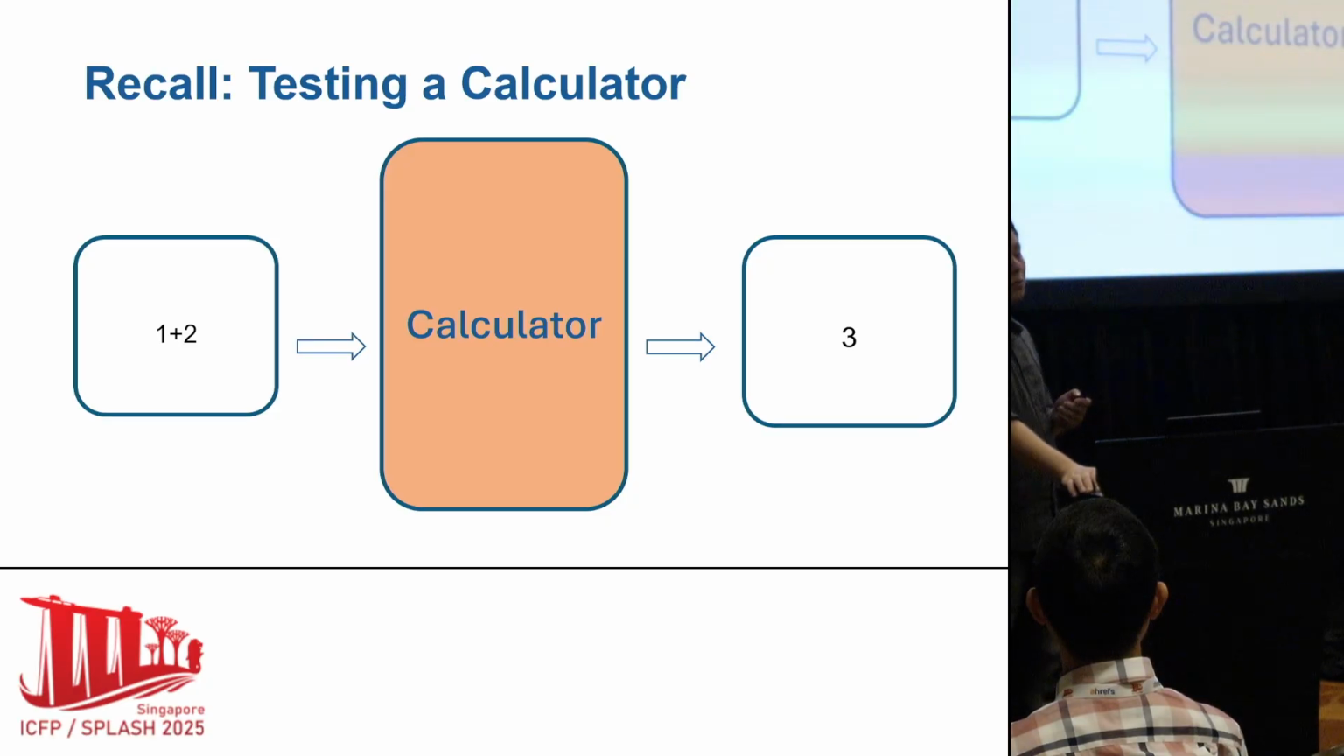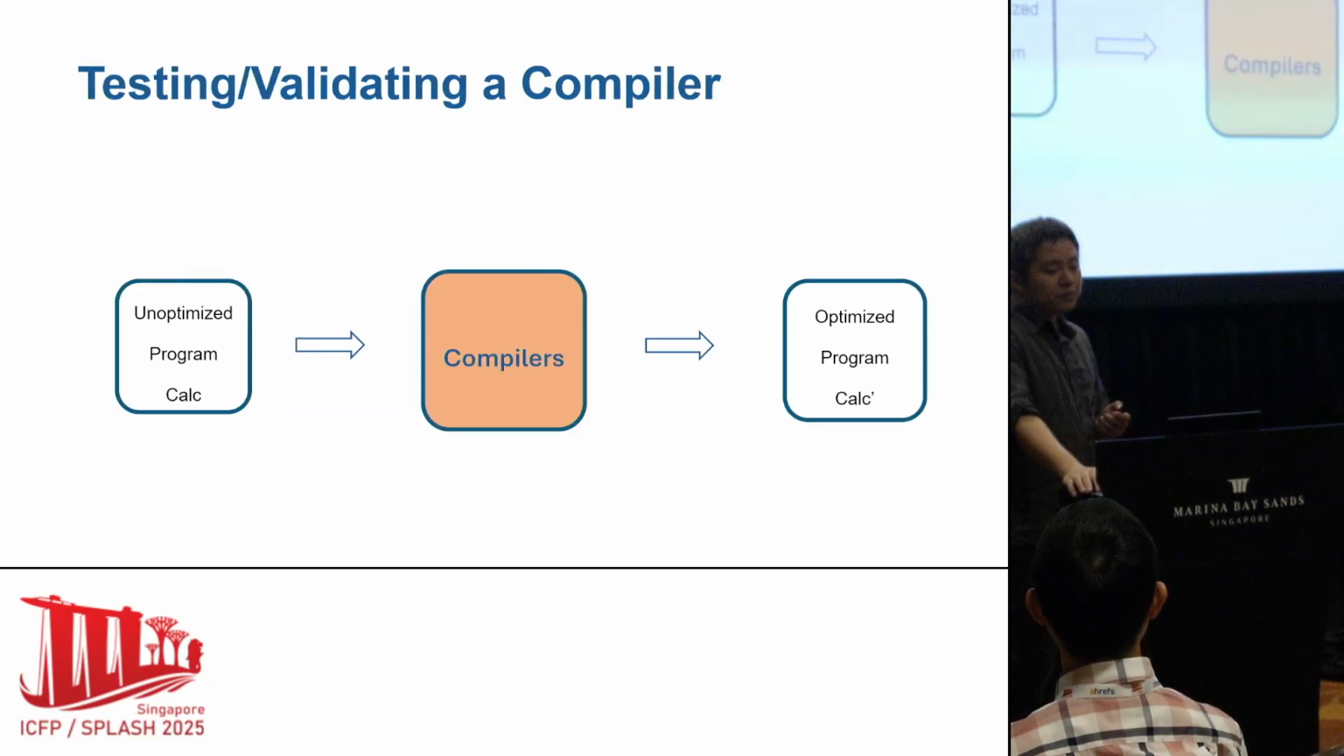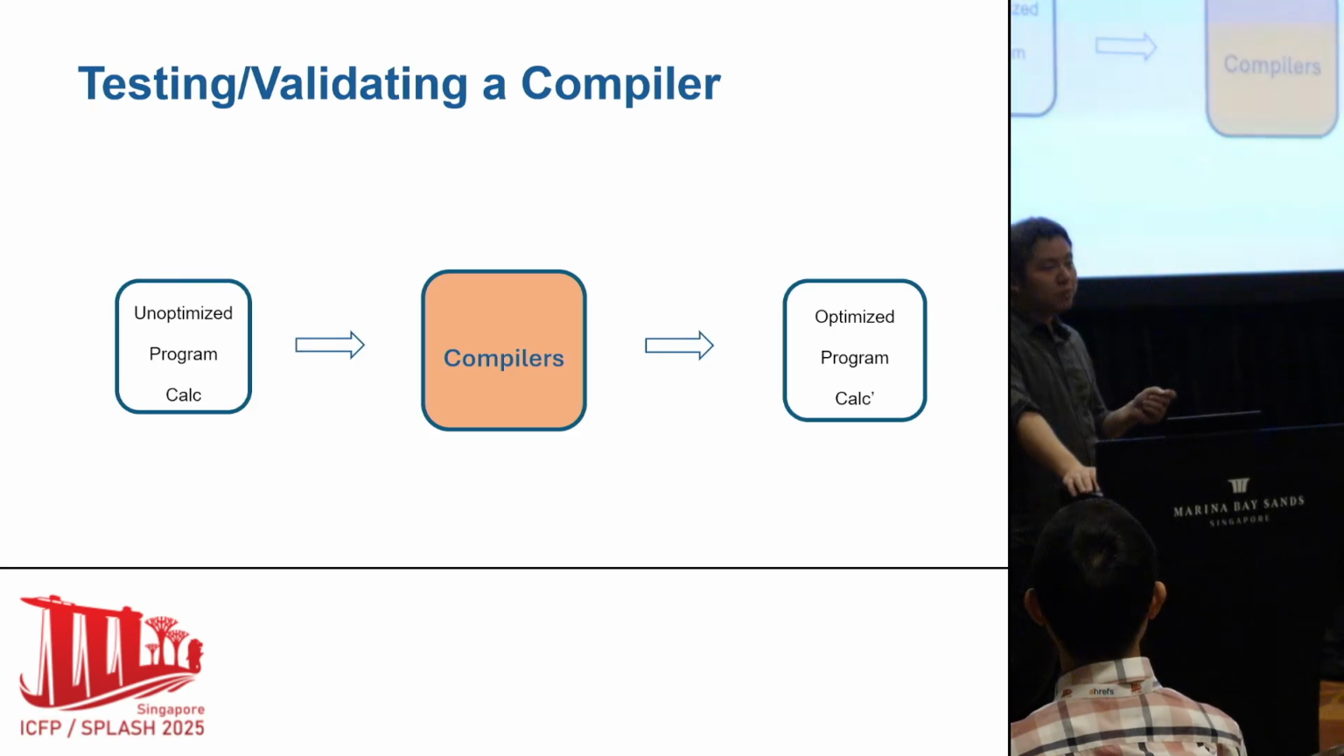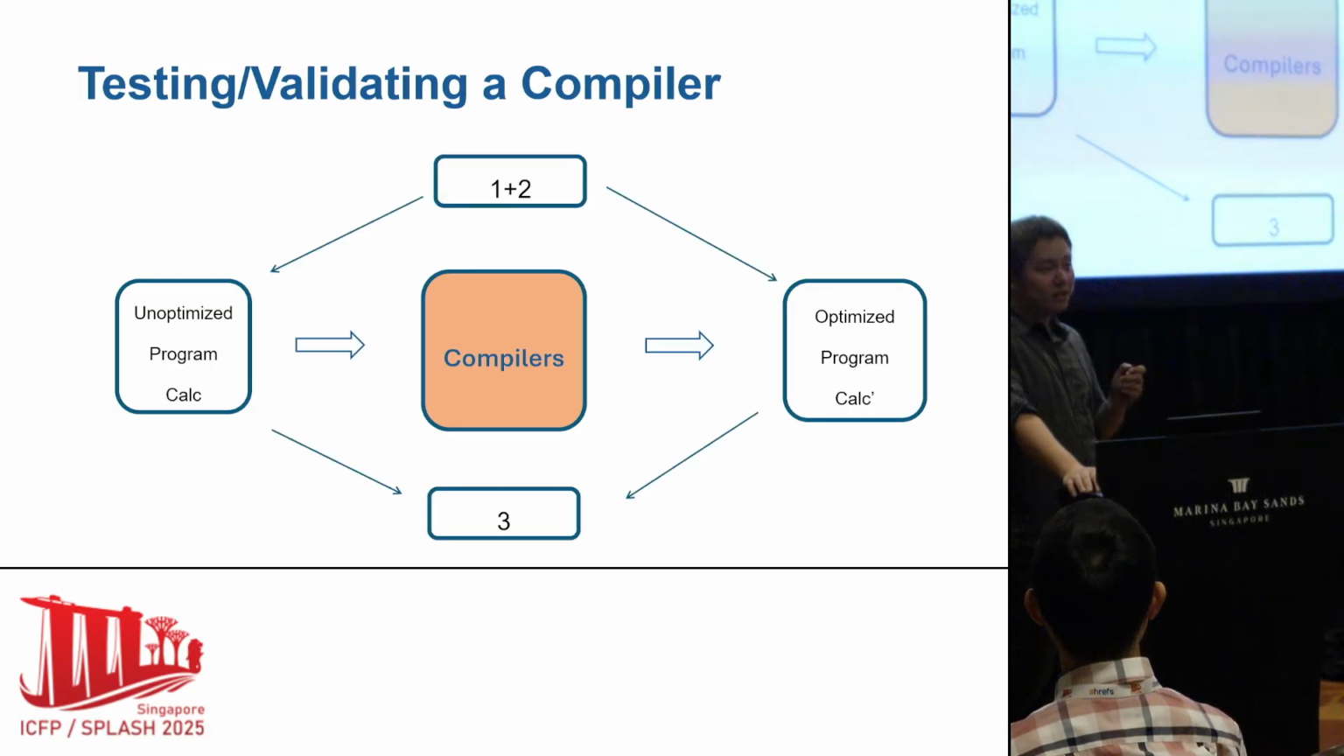Now let's put things into perspective. When we test, our goal is to test and validate the implementation of the compiler. In order to perform the validation, we need to provide input to the compiler. In this case, your input is a calculator. And in order to validate the behavior of your calculator and calculator prime, you need to provide inputs to both calculator and calculator prime. Only after you can successfully validate the equivalence of the two calculators can you successfully validate the functionality of your